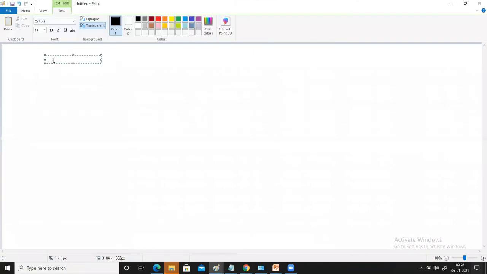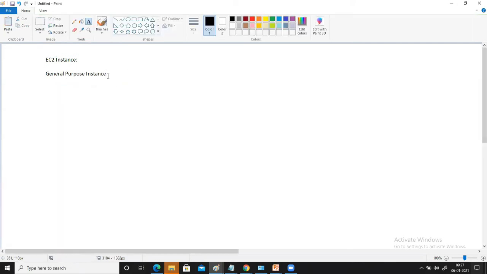The first type of EC2 instance based on the hardware configuration is general purpose. General purpose instances means if you are looking for an EC2 instance where you need a fine combination of virtual CPU, memory, and storage, if you're just looking for a general balance, not a very high-end configuration, but a common balance of all these three things, you can go with the general purpose instances. The second is the memory optimized instances.